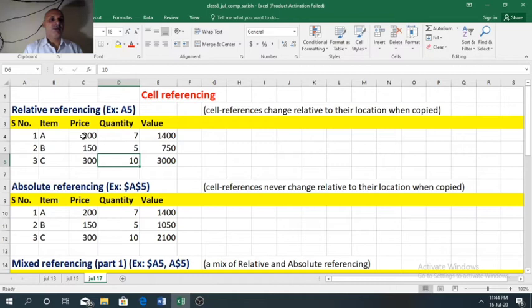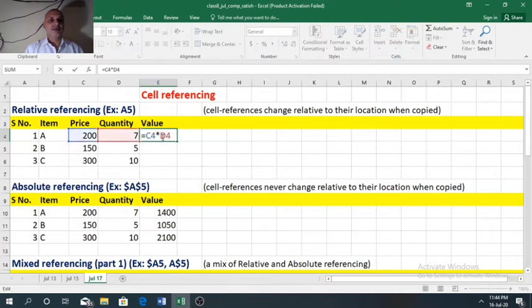For finding the value of item A, we have to multiply the price of one item with the quantity. Here I have already applied the formula. Let me delete it, then I will show you the steps. First we need to type a formula here to find the product of price and quantity.